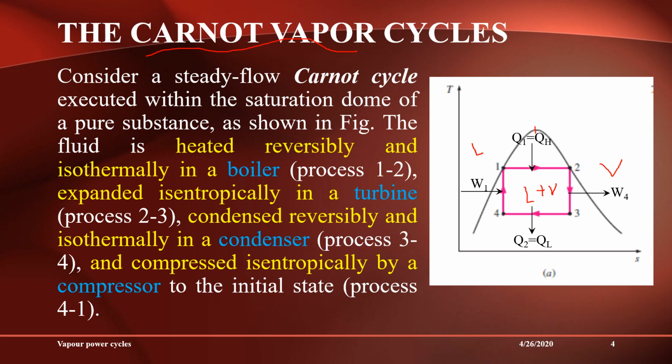So process 1-2 is a constant temperature process, or isothermal process. In the Carnot cycle all the processes are reversible, so it is a reversible isothermal heat addition process, that is process 1-2. This process generally occurs inside a boiler. We'll discuss that in detail later. And 2-3 is an isentropic process, or reversible adiabatic process. Entropy remains the same. So 2-3